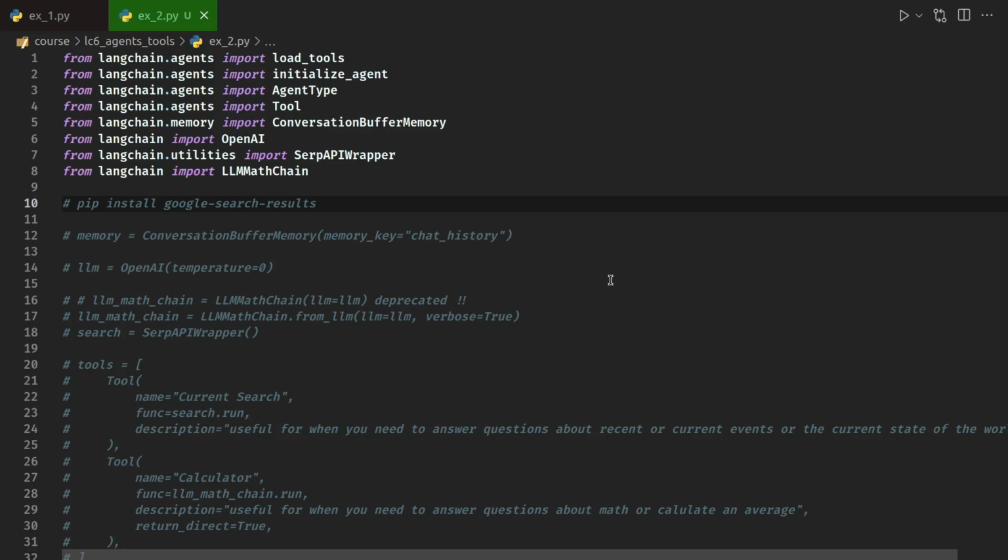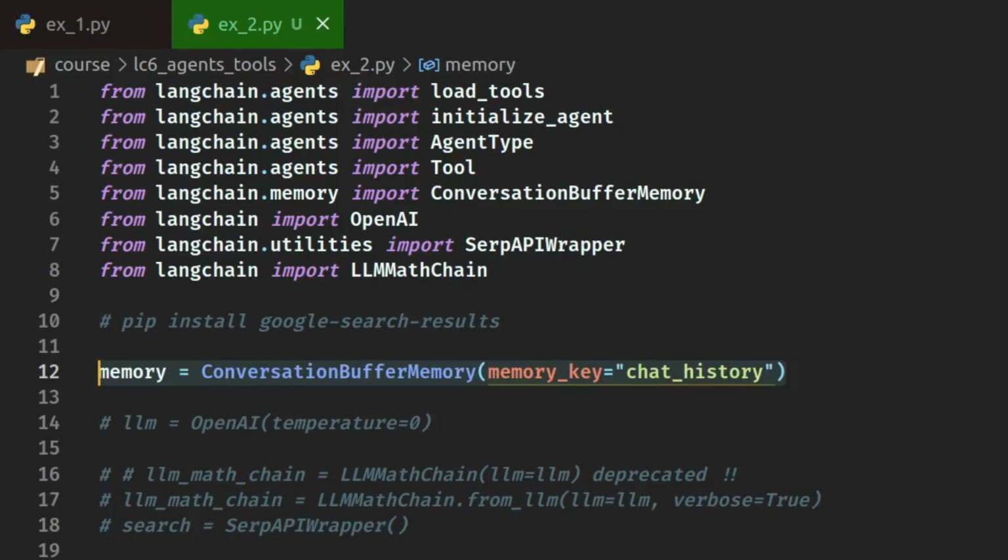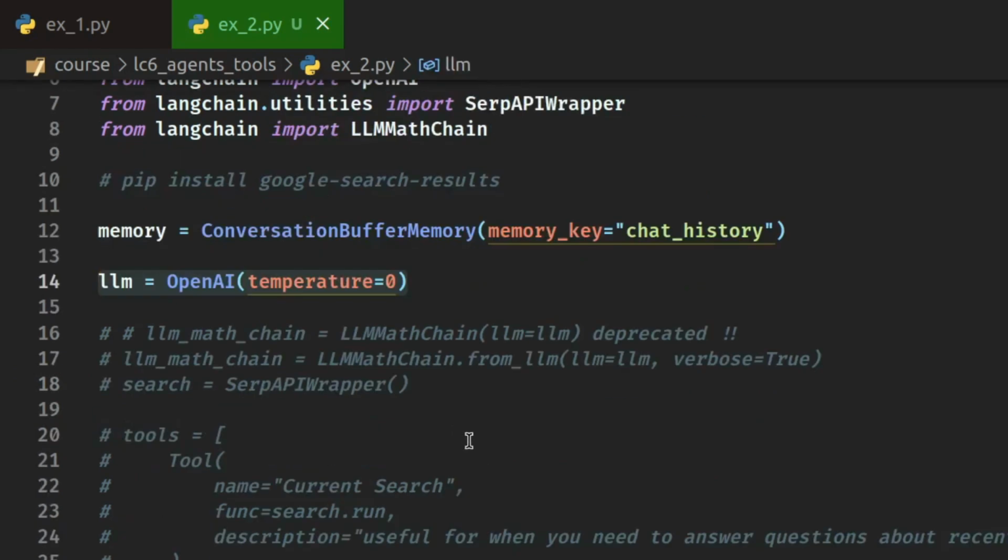Memory equals conversation buffer memory. If you remember the buffer, you'll obviously rotate and remove the very oldest entries once it gets full up. Not that it's going to. The large language model, OpenAI, again, you could use whichever model you desire. If you want to run a model locally, you could. Here,